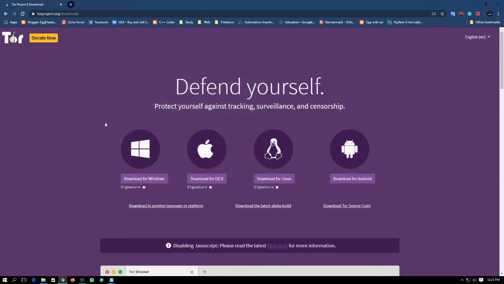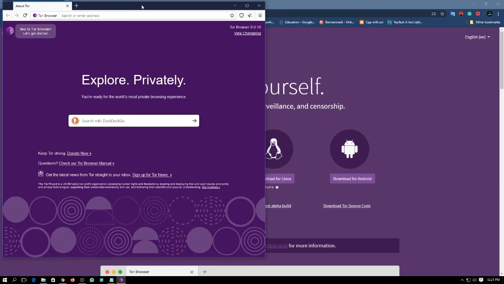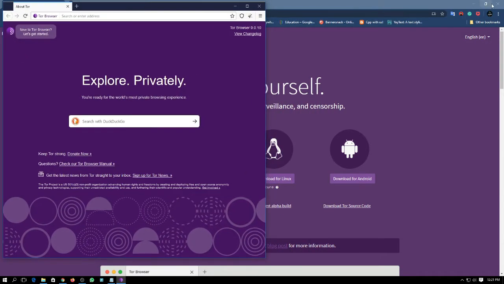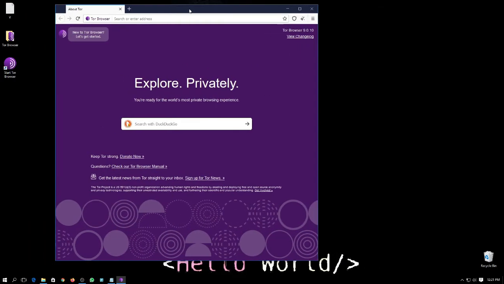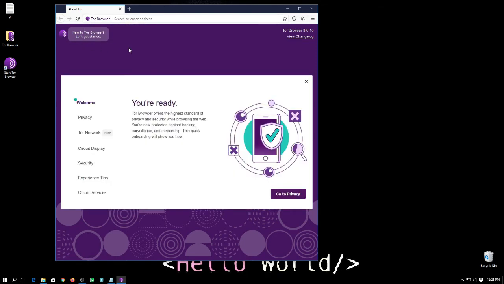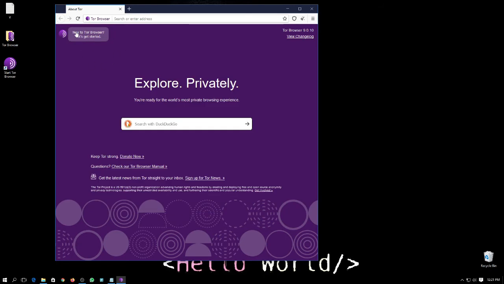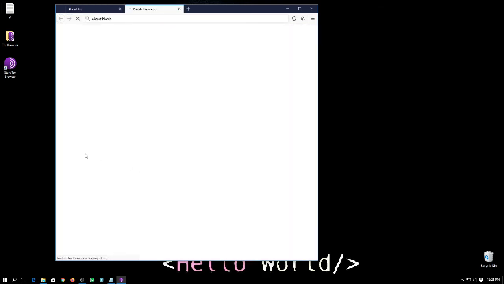It usually takes 1 to 2 minutes. So here you can see it is just open. Let me close it first. Okay, so it is opened in a minimized window. First of all, you have to check it for updates. Okay, it is already updated. If it is not updated, you will see an update sign here or an onion sign here that will tell you to update it. Okay, it is updated, so let's go to its manual.